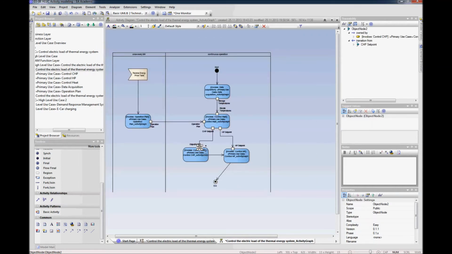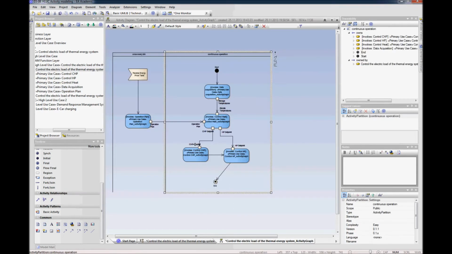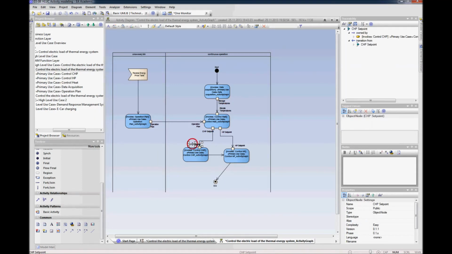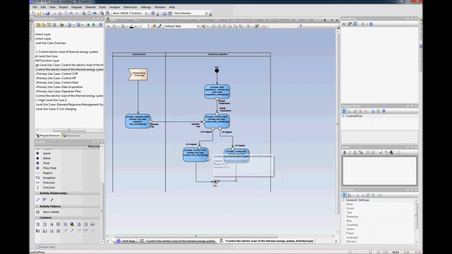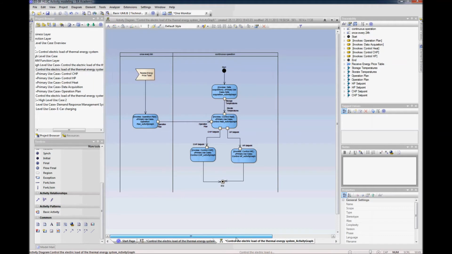And also here, CHP set point. Okay, this one goes to there. Okay, and here we have depicted how these primary use cases interact with each other in order to fulfill the high-level use case. Okay, I just saved this diagram, and now I would like to see this all in the same diagram,